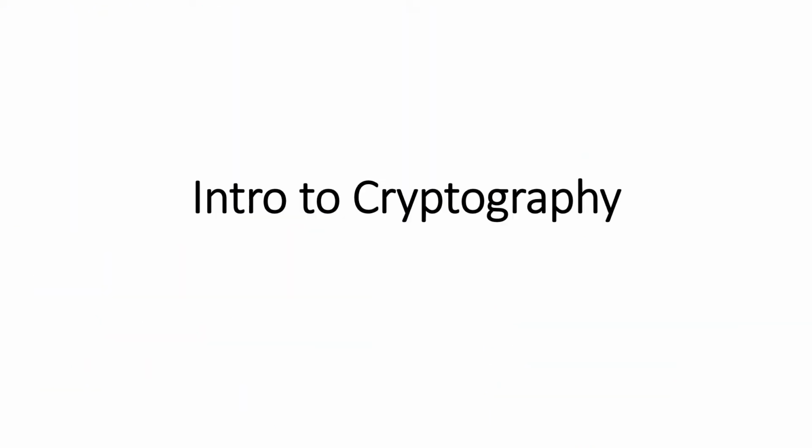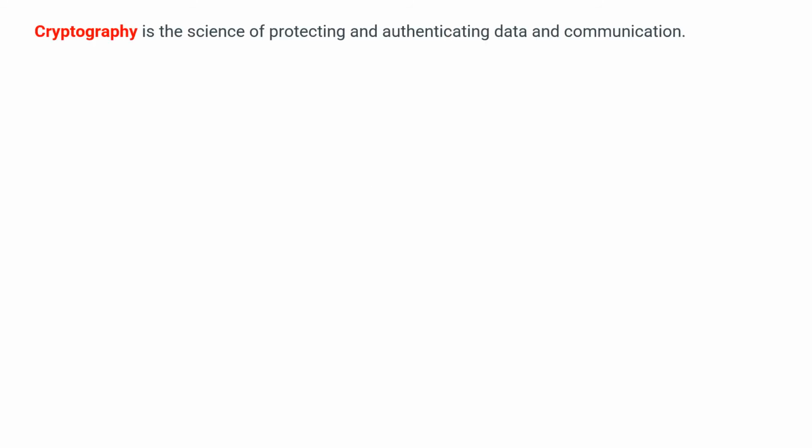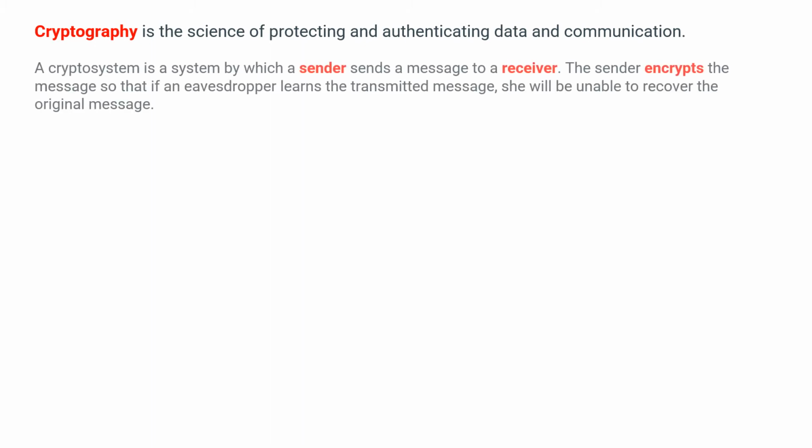Now we're going to move into a new lesson called Intro to Cryptography. Cryptography is the science of protecting and authenticating data and communication. A cryptosystem is a system by which a sender sends a message to a receiver. The sender encrypts the message so that if an eavesdropper learns the transmitted message, she will be unable to recover